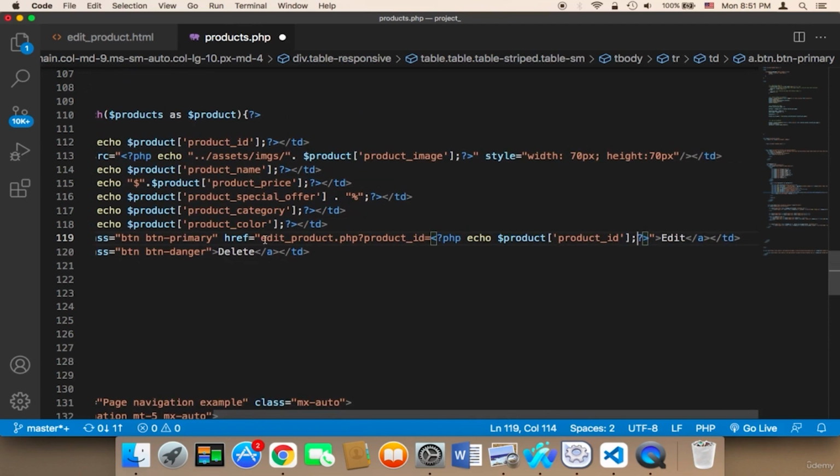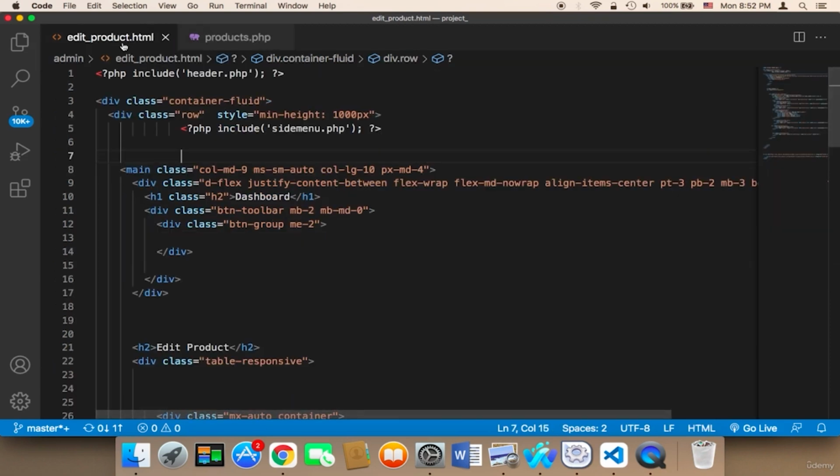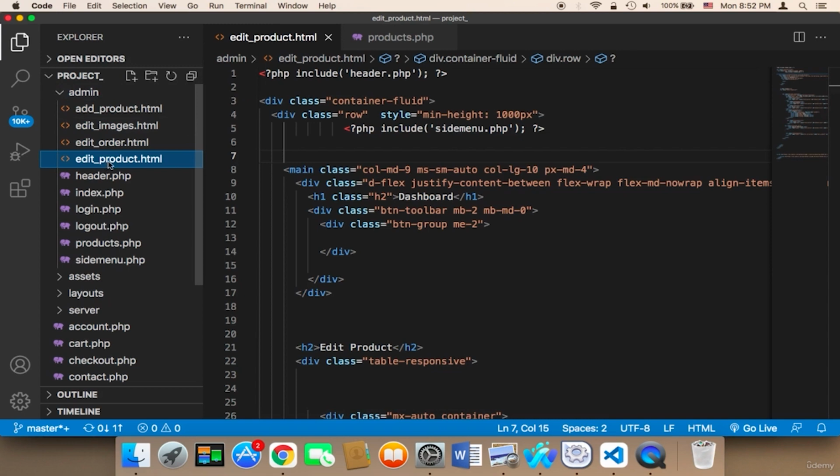So the URL is going to be edit_product.php and then question mark product_id is equal to the product ID. Now we need to convert this edit product.html into PHP. So I'm going to rename this file to PHP,